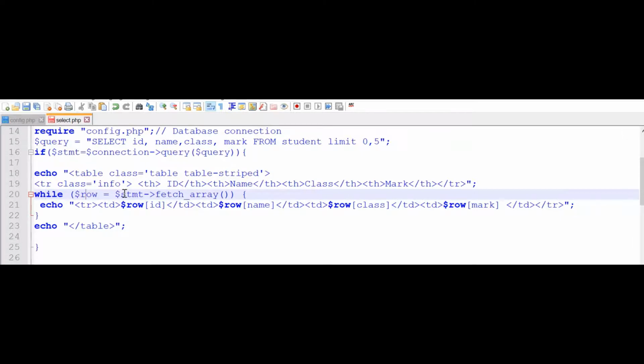Now let us see, we have a while loop. This while loop uses this statement, the variable which we got from here. This statement contains all the five rows of data from the MySQL table. Using the while loop, we loop through these rows one by one. Once all the rows are returned, this will return null and the while loop will come out. Inside the row, each element is our column data, so this data is displayed here. Once we are out of the while loop, we close the table, and here is the end of our if block. Let us save it and see how this works.